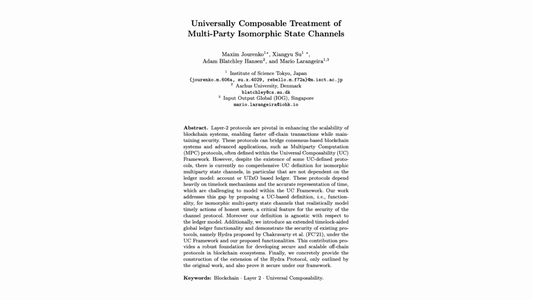Hydra is a multi-party isomorphic state channel, meaning multiple parties can participate, and it operates in the UTXO model, the one used by Bitcoin and Cardano, for instance. Basically, Hydra lets, say, N parties, maybe 5 friends, maybe 50 businesses, collectively manage and modify a set of unspent transaction outputs, UTXOs, completely off-chain.